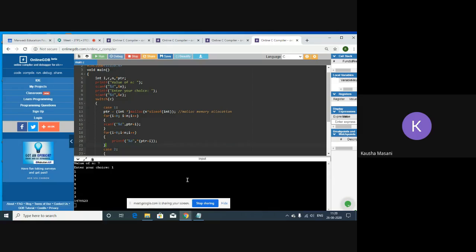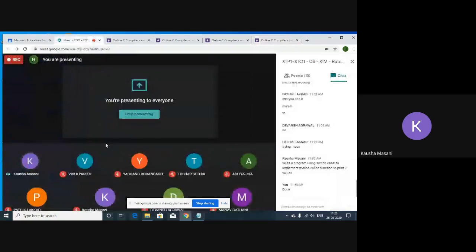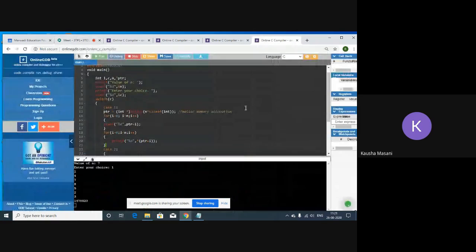You have missed giving a printf statement saying what is choice number 1 and what is choice number 2. So that is one update you need to do. It's fine, you don't need to answer right now, just note down the updates.